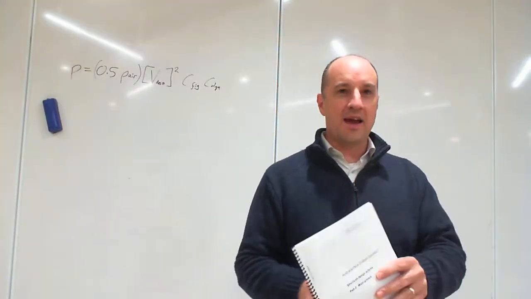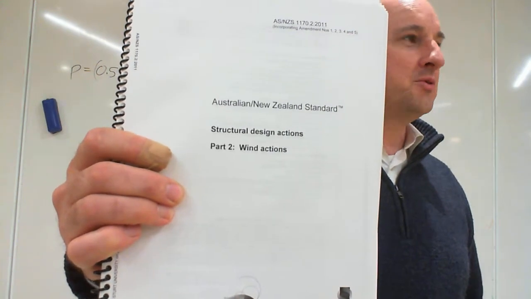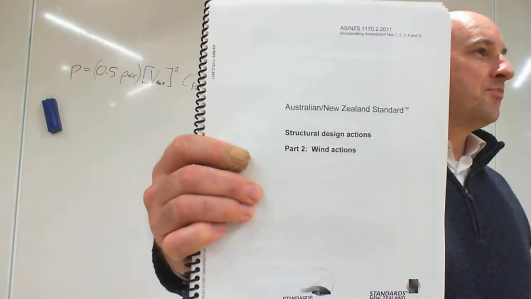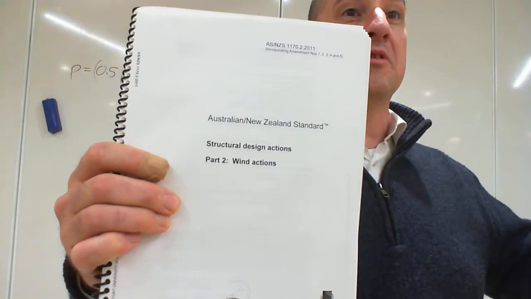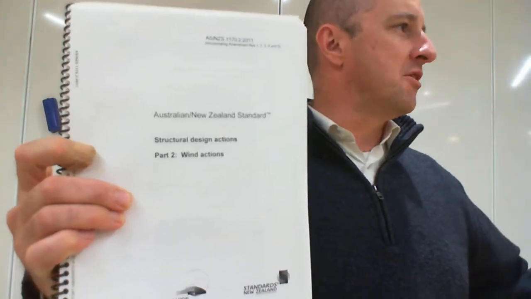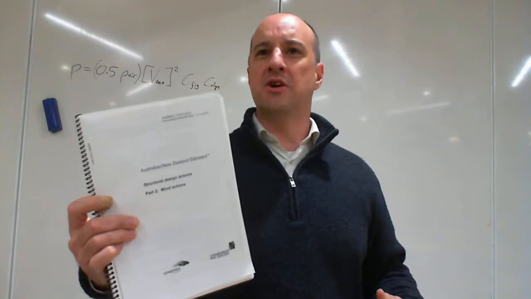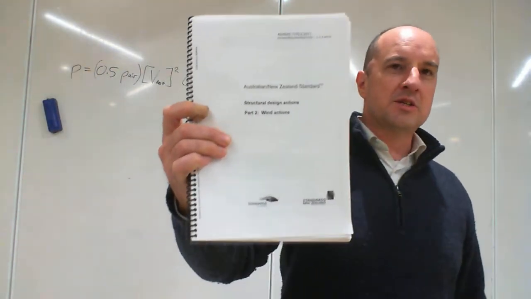Today we are looking at AS1170.2, which is wind actions. This is part of the 1170 series of standards, which is all about loading on structures. So point 0 is the general, point 1 is your live loads and service loads, 2 is wind, I think, 3 is earthquake, 4 is snow, and so on. This one is,